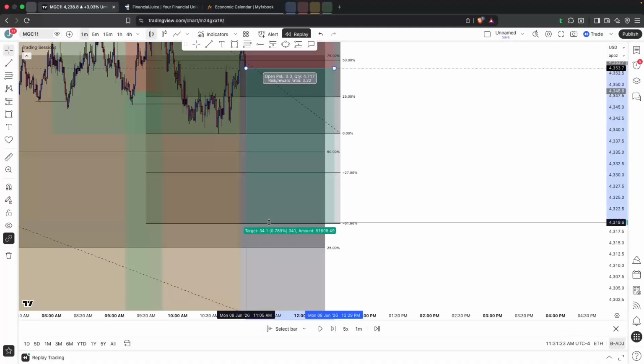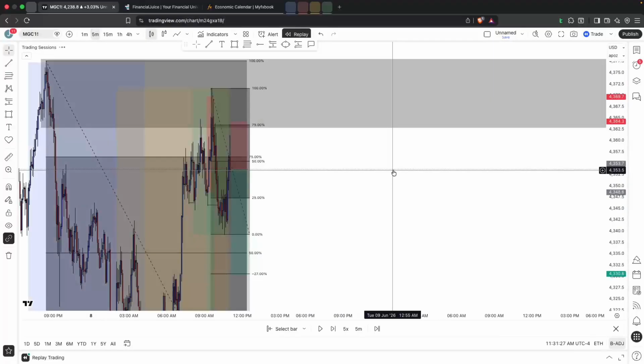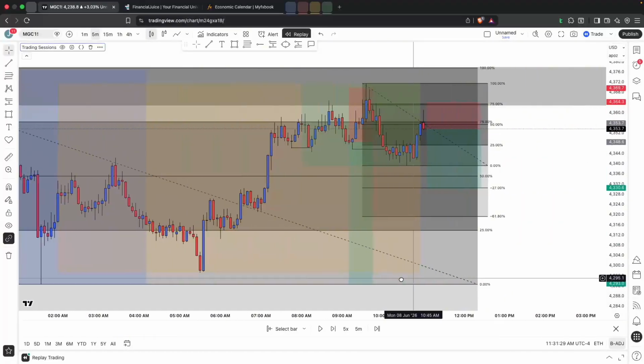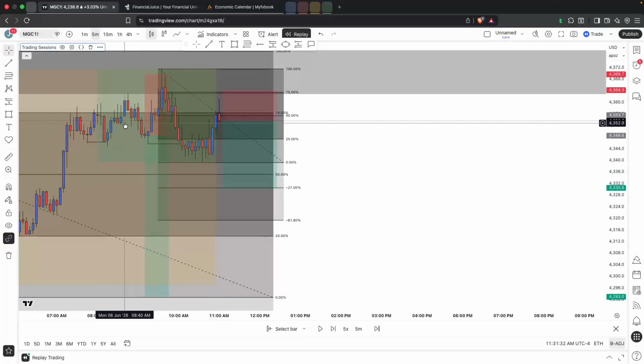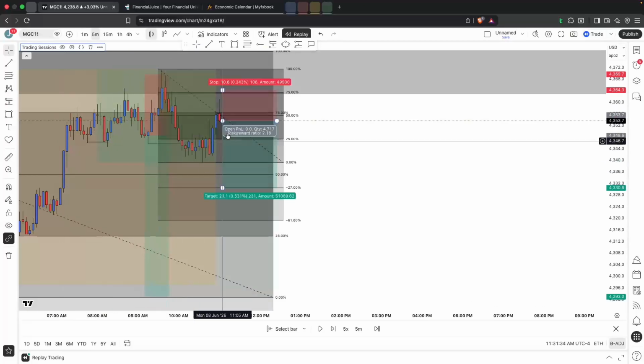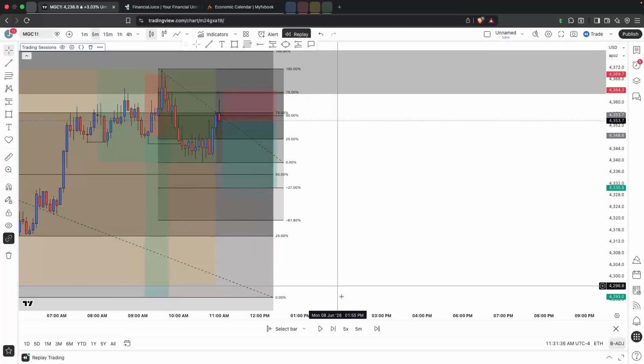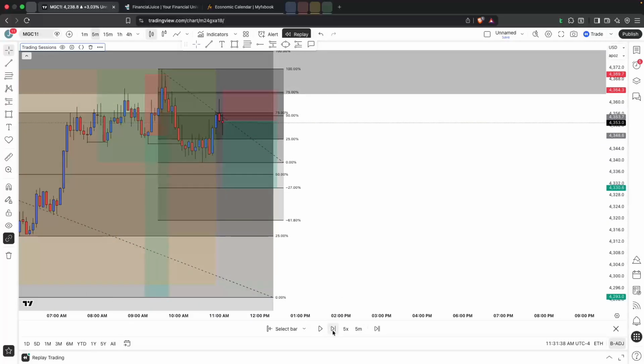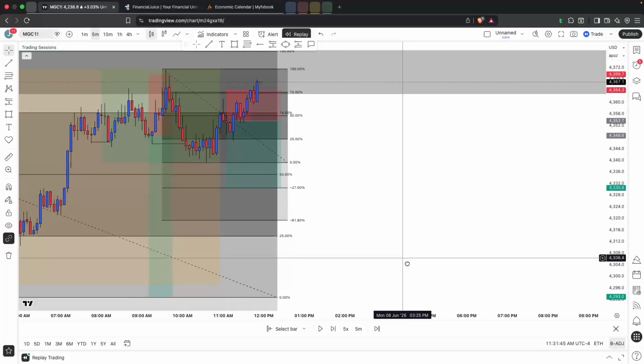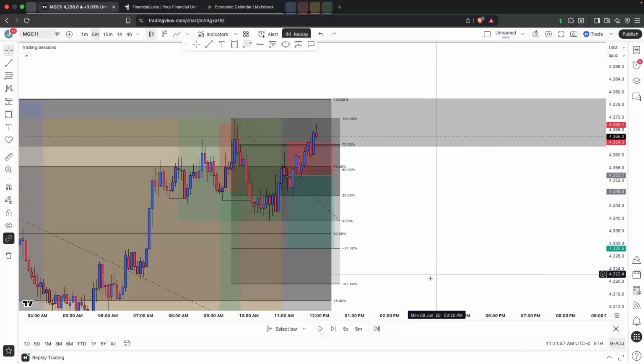TP to the negative 61. Actually, negative 27% area. This time we waited for the breaker structure instead of just entering off of this rejection. We wait for a breaker structure, pullback, and that gives us our confirmation. So we get stopped out again. And just see price continue to just